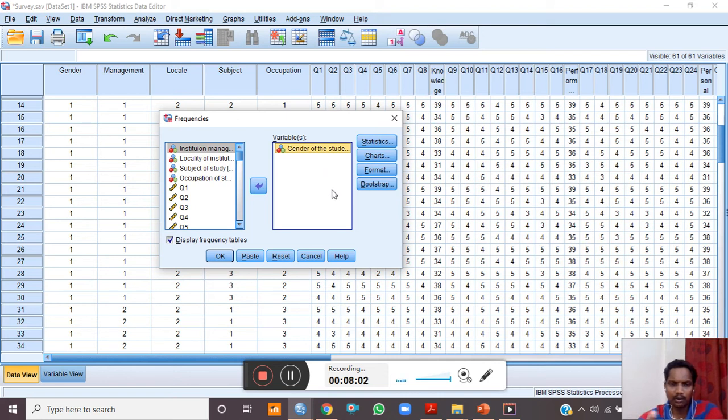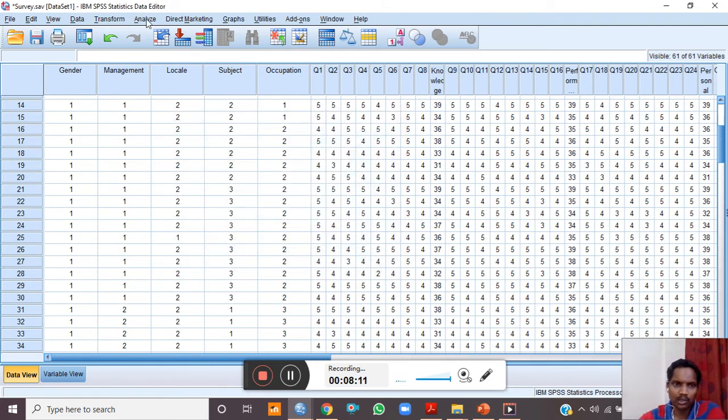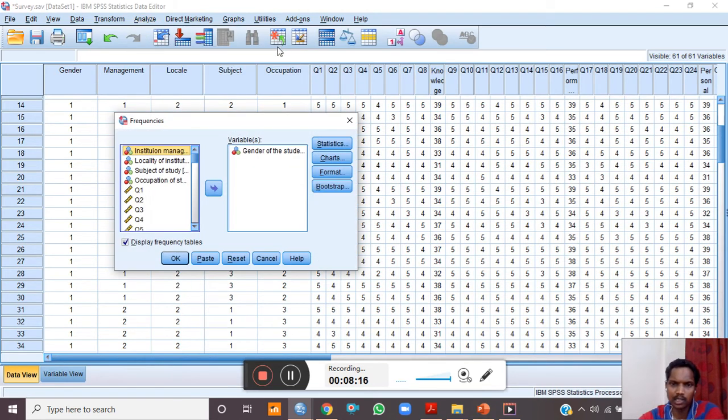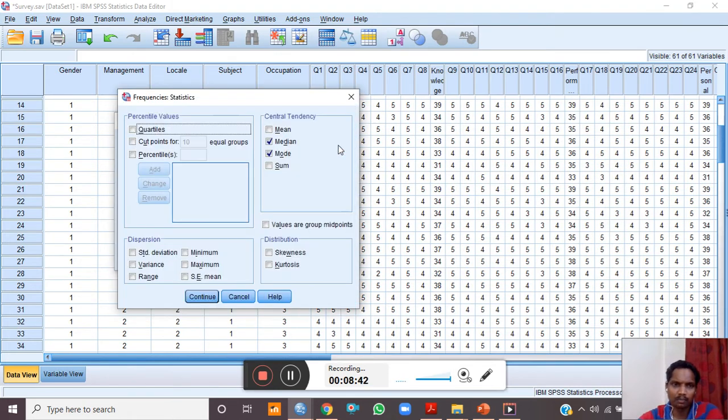Since I have already calculated, it is showing in the variables column. So let me remove that first. Let me show you again. To calculate the frequency, you have to first click on analyze, then on descriptive statistics, then on frequencies, then if something is there in this column you have to remove that. So I am calculating the frequency of the gender, how many males are there in my study, how many females are there in my study. So I will click on this gender first, then I will click on this button, then automatically the gender comes to the variable box.